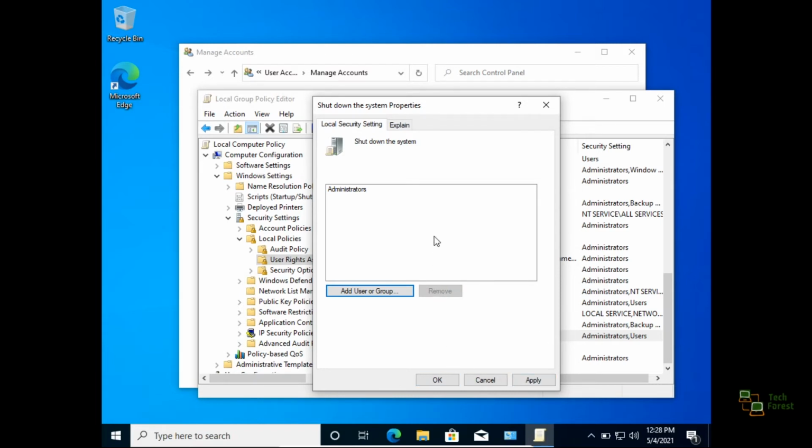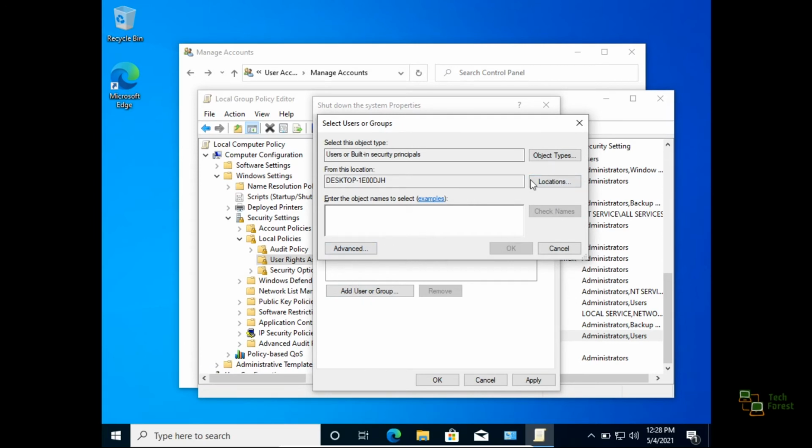But in my case, I want to remove shutdown permission from the administrator account as well, but I have one more admin account on which I want to set this permission. So what I'm doing is I'm removing this group. This is a group, not a user account name. I'm going to remove this and I'm adding manually my user account on which I want to give the permission.